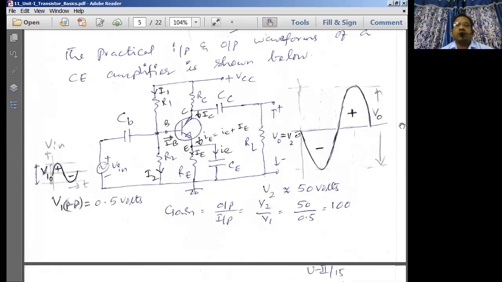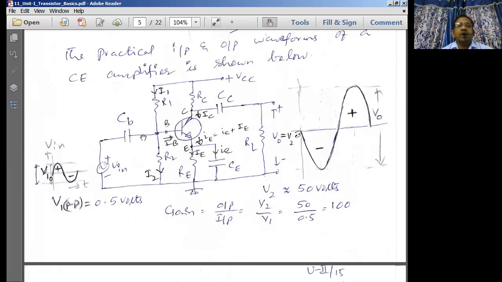So this is how we normally get the output signal. Now if you see carefully here, these capital letters, capital I1, I2, IB, IC, IE, all these are DC current representations. If you want to represent only AC, we use the small case letter. Small IE is there, see here. This small IE is known as the AC emitter current.